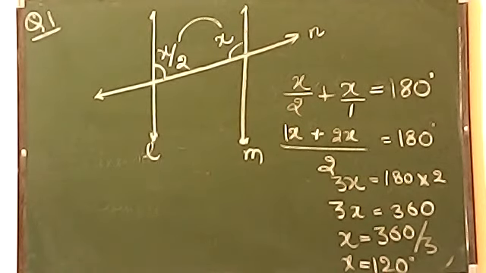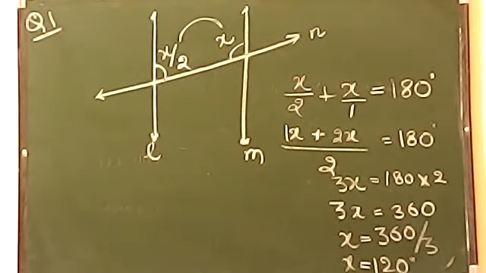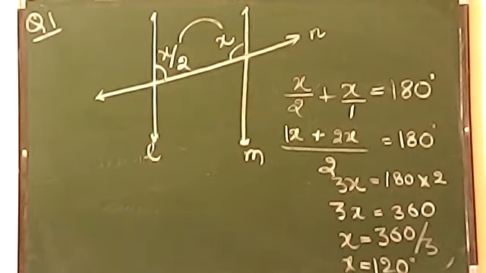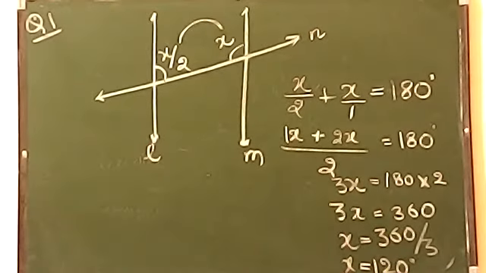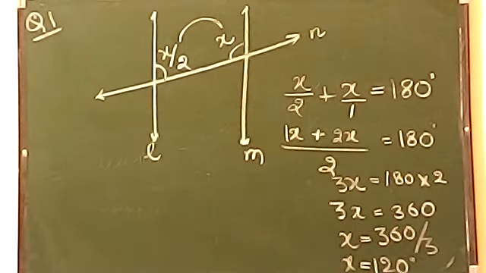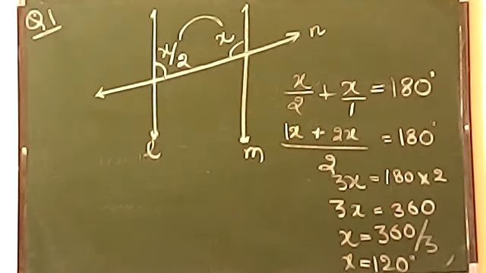Finished. Let me explain it to you once again. Beta, both the angle x by 2 and x are in the form of co-interior angle. Co-interior are always supplementary in the case of parallel lines. So x by 2 and x will be added together and which will give you 180 degree. Now you will take the LCM of the first two numbers, which will give you 3x upon 2. Now you will just use the transfer method and you will solve this question completely and get the value x as 120.